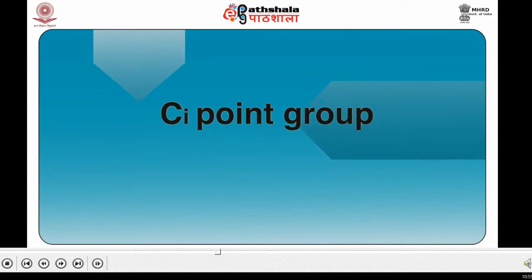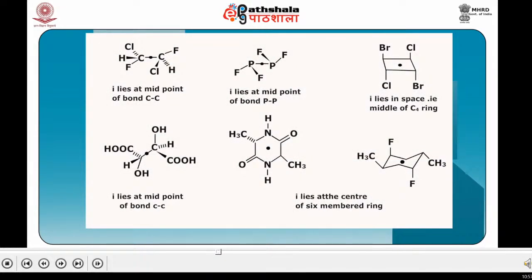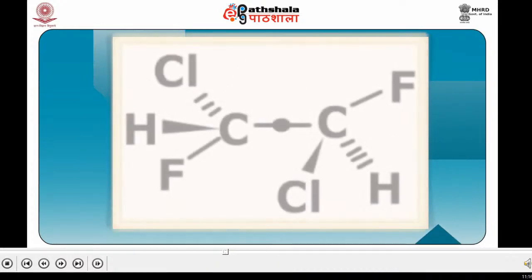Now there is another lower point group, type 1, the Ci point group. Molecules belonging to this point group have E, identity, and center of inversion as the symmetry elements in them. The order of the group is 2, and the symmetry elements in these molecules are E and i. A few examples belonging to this point group are shown. These are